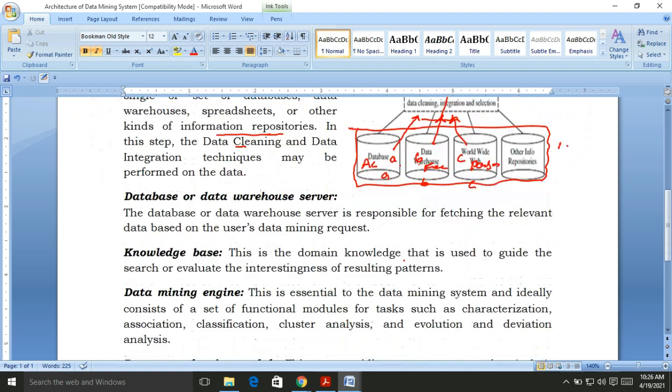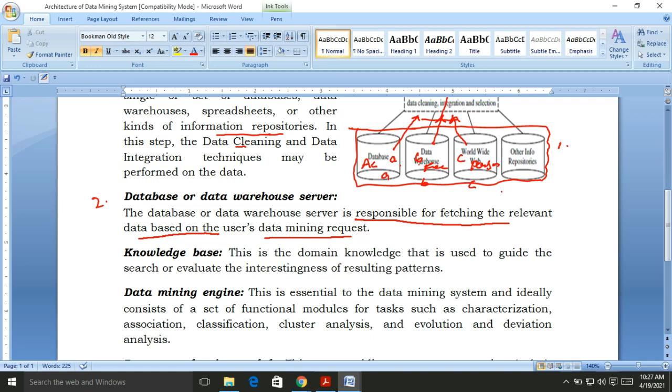The second point is the database or data warehouse server. The data warehouse server is responsible for fetching the relevant data based on the user's mining request. What kind of data am I going to mine? I would like to mine student academic data.